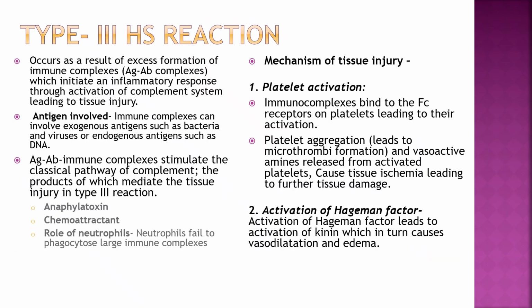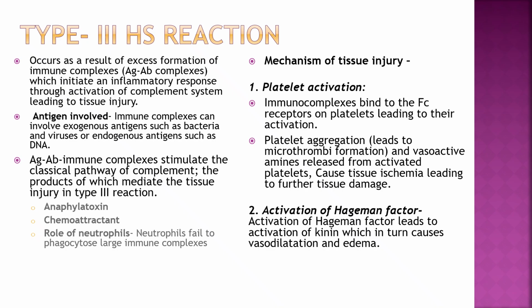Type 3 hypersensitivity reaction occurs as a result of excess formation of immune complexes, that is, antigen-antibody complexes, which initiate an inflammatory response through activation of the complement system, leading to tissue injury. Immune complexes can involve exogenous antigens such as bacteria and viruses, and endogenous antigens such as DNA. They stimulate the classical pathway of complement, the products of which mediate the tissue injury in the type 3 reaction. Anaphylatoxins are chemoattractants. Role of neutrophils: